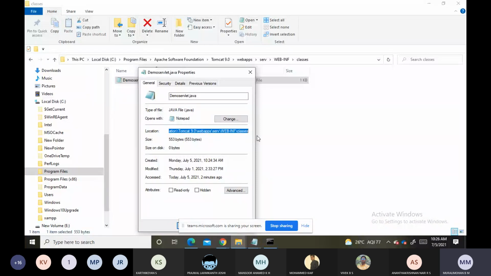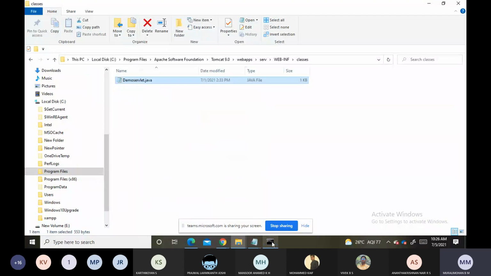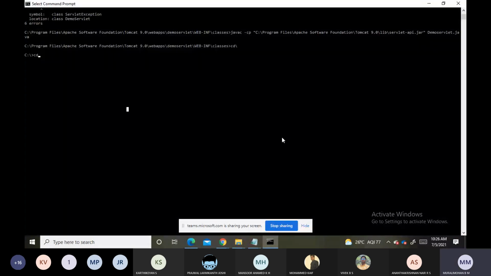Once you have copied it, come to the command prompt. Give the cd command, change directory, and paste the path you selected, which is your Java file's path. Once you paste it here, press enter.